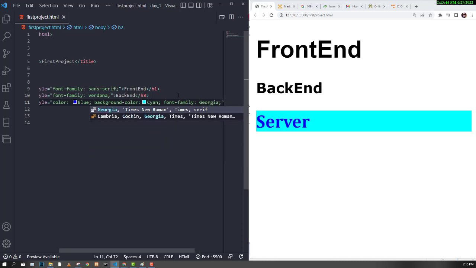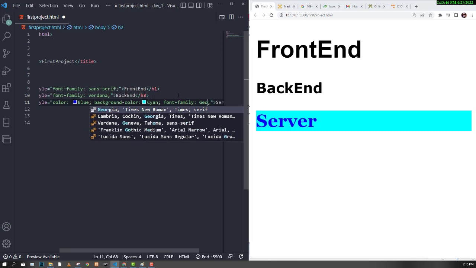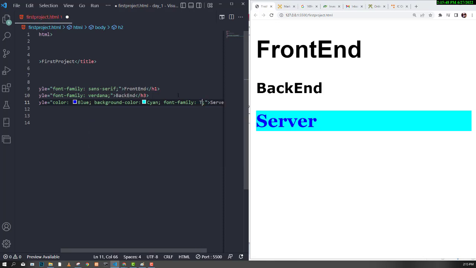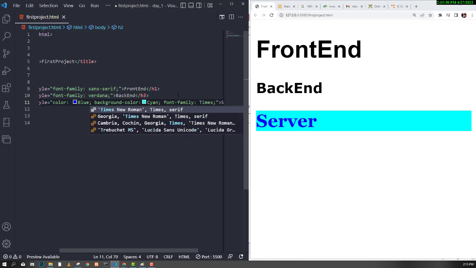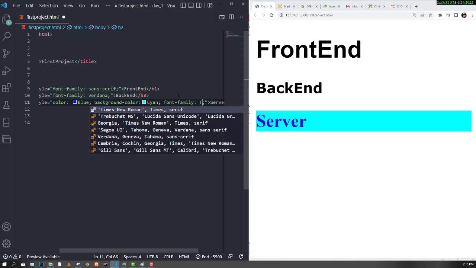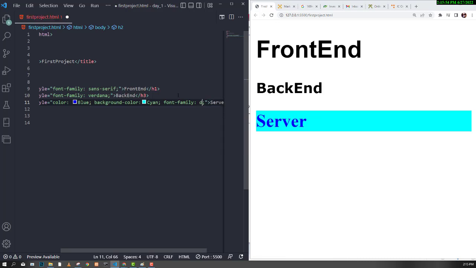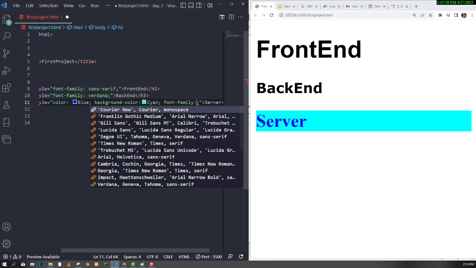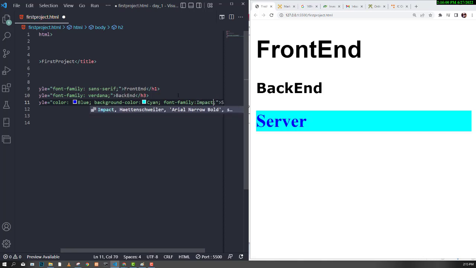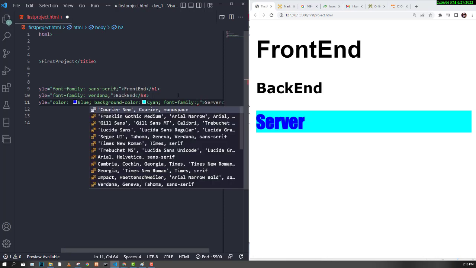Georgia. Okay, nice. Times. Okay, so we see we have a lot of font families out there that we can actually make use of. So what again? Impact. Okay, nice. So just kind of use any